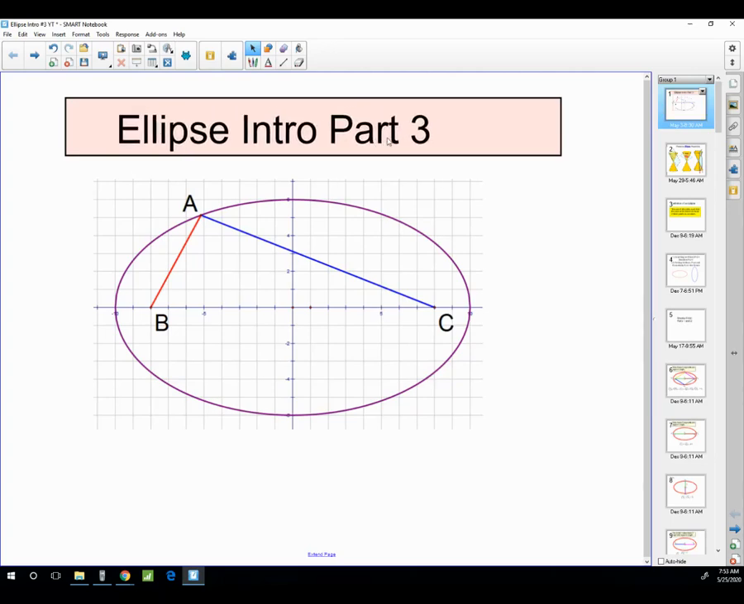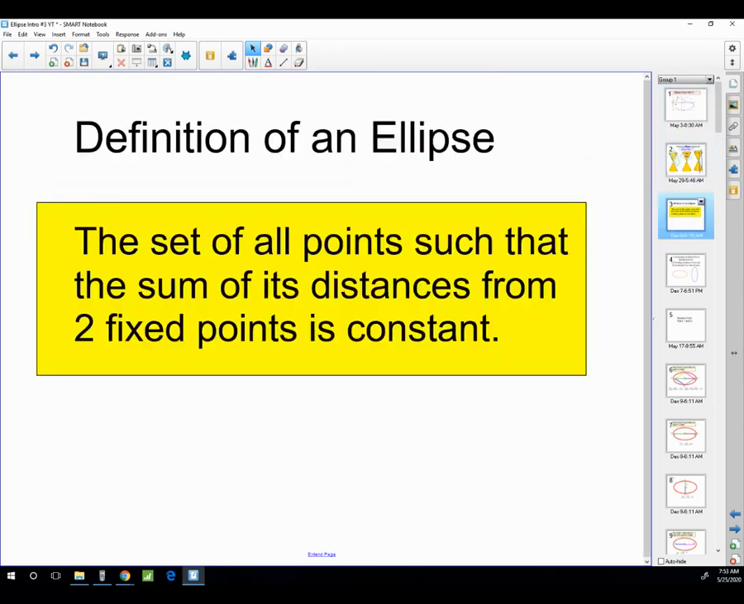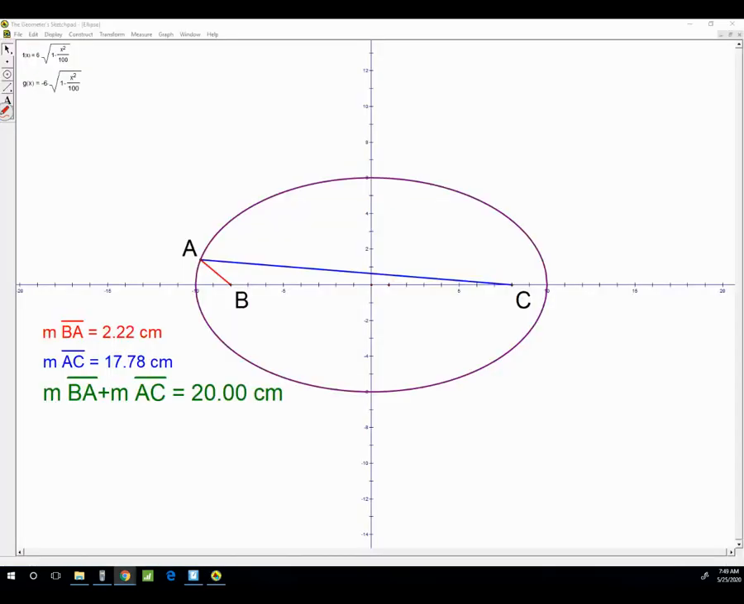Can you believe we're already on part 3 of the ellipse introduction? Remember, ellipses are conics, and the definition of an ellipse is the set of all points such that the sum of its distances from two fixed points is constant, which means this number right here doesn't change when I move